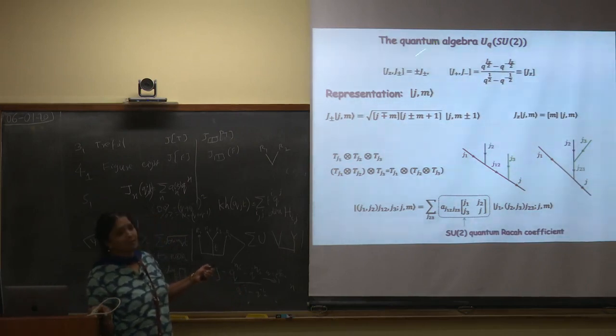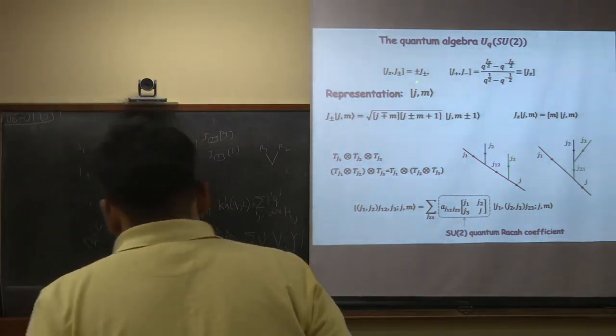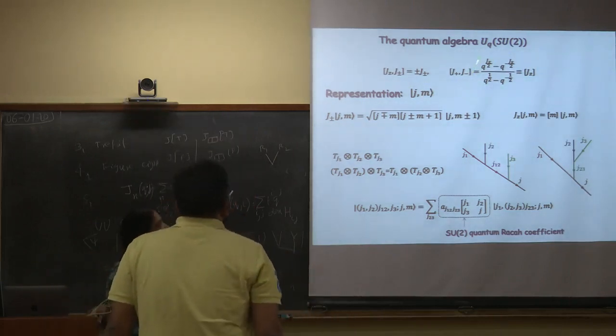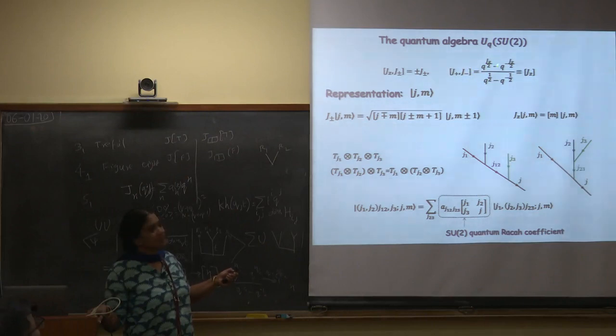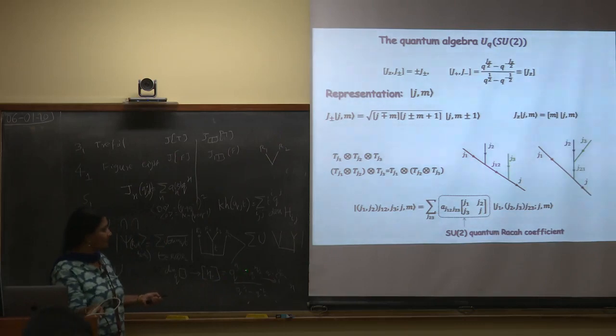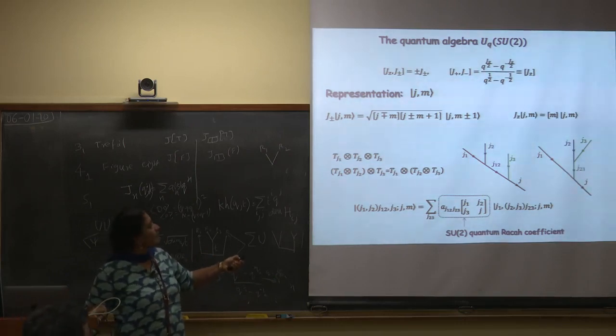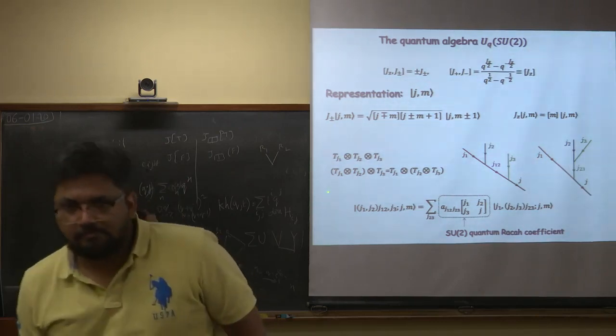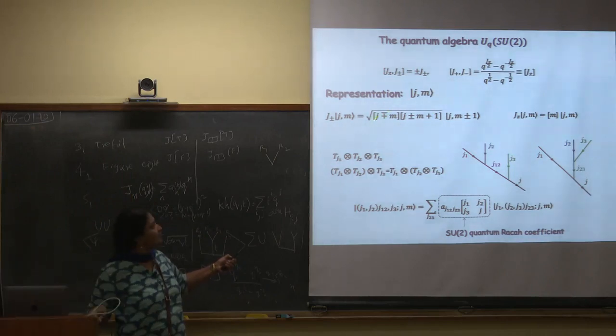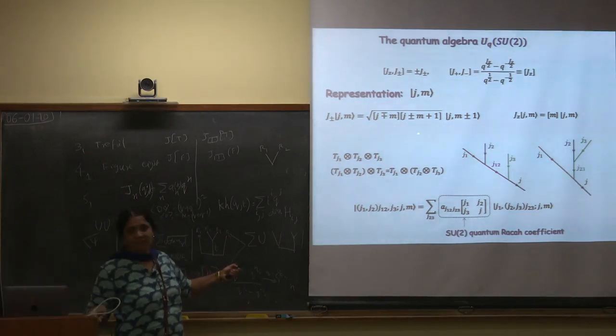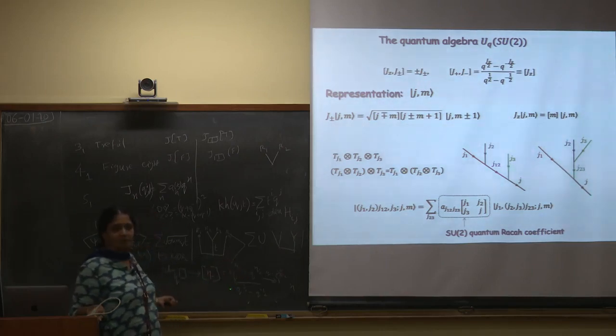The SU2 algebra is familiar to us. The only modification in the Q deformation of that algebra is that you won't just get the JZ operator; similar to this Q number which I wrote, you Q it. So, in the limit when Q tends to 1, you will get the ordinary JZ, and all the ladder operations are exactly similar to what you do in your SU2. The only modification is that you have to replace each number by a Q number, not an ordinary number.